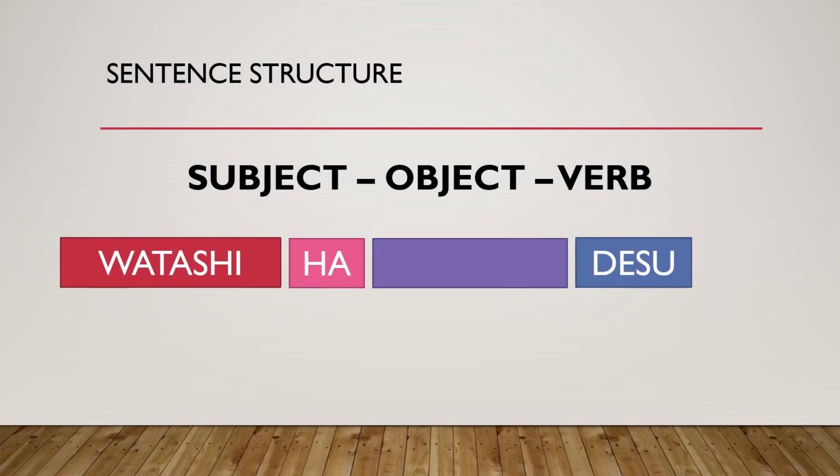If I have to say Watashi wa Sarika desu. Similarly, Watashi wa Dash desu. मैं सारिका हूँ या मैं Dash हूँ. If I have to say on these lines, in place of the object, if someone is introducing themselves or telling their name, I am so and so, in that case the object can be replaced with the name.